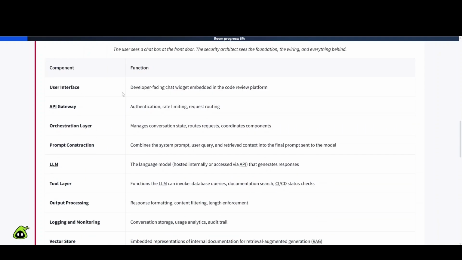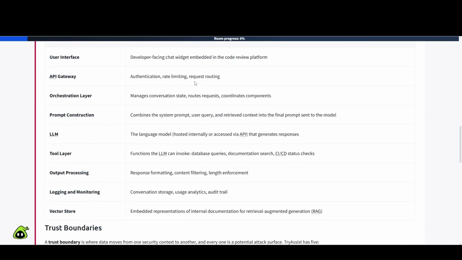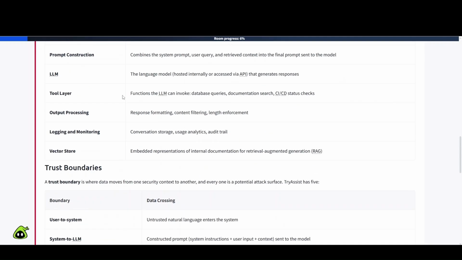Component and function. User interface: developer-facing chat widget embedded in the code review platform. API gateway: authentication, rate limiting, request routing. Orchestration layer: manages conversation, routes requests, coordinates components. Prompt construction: combines the system prompt, user query, and retrieved context into the final prompt sent to the model. LLM: the language model hosted internally or accessed via API that